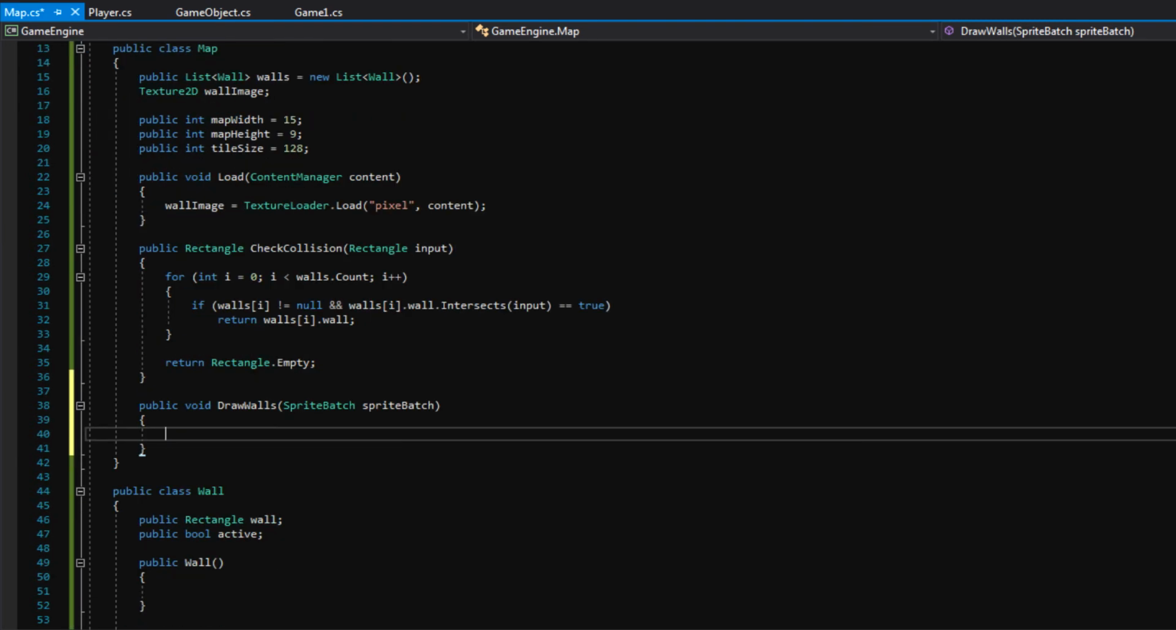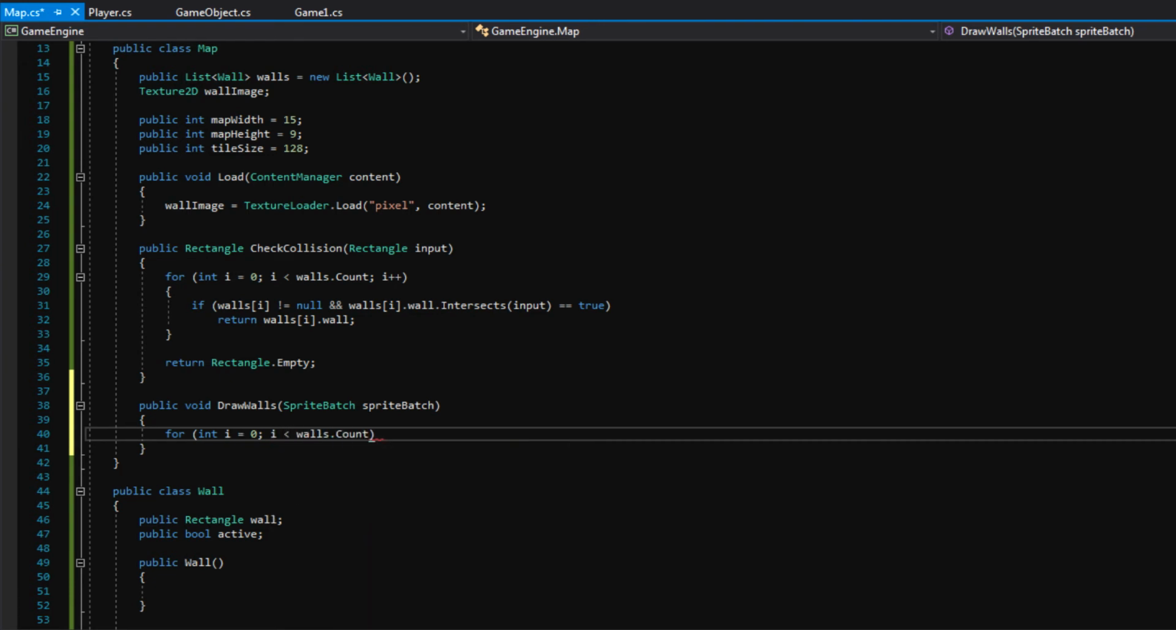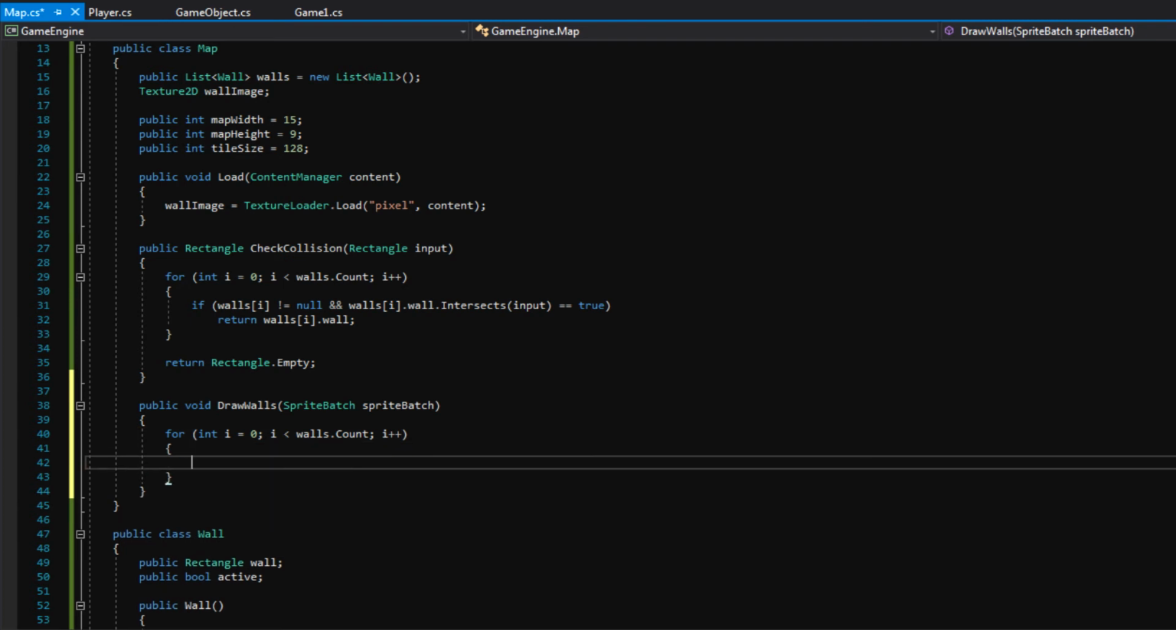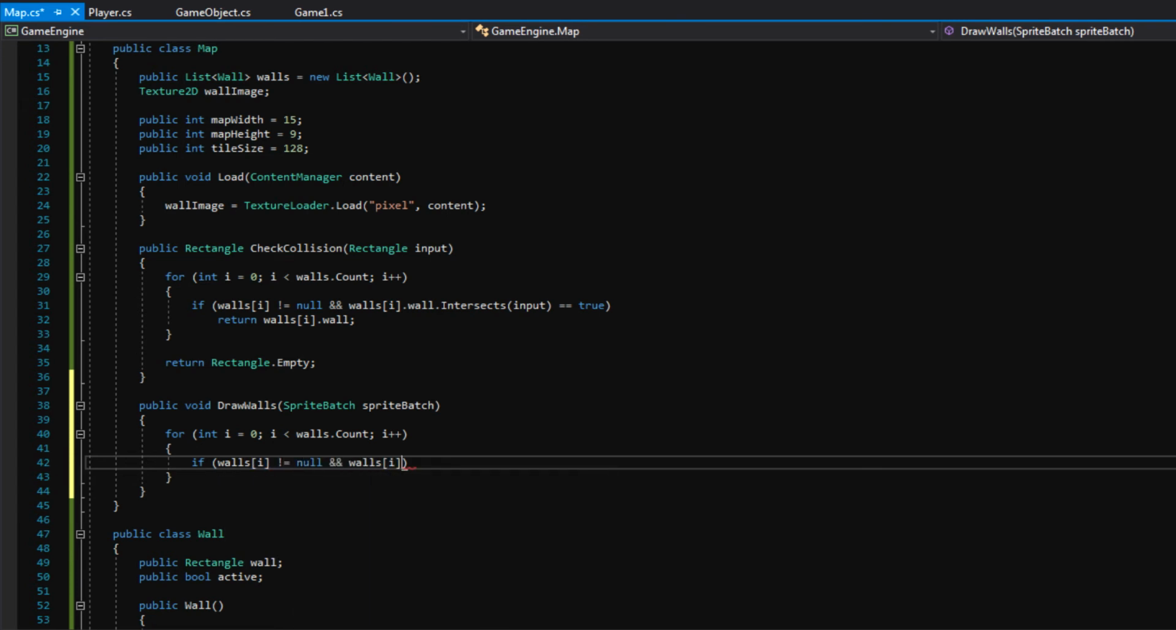Like I mentioned earlier, we need a way to visually draw all of the walls in our level onto the screen, and we'll just do that by drawing everything black. So wherever there's a wall, you'll see a big black box. So to draw all of the walls, we'll iterate through all of the walls. Just like before, we'll say i equals 0 for as long as i is less than walls.count, i++. If the current wall we're looking at is not equal to null, and the current wall we're looking at is active,